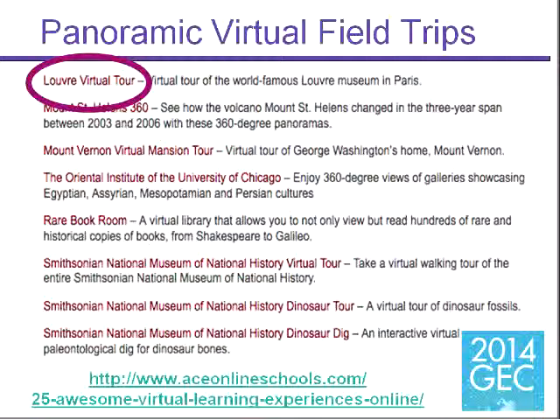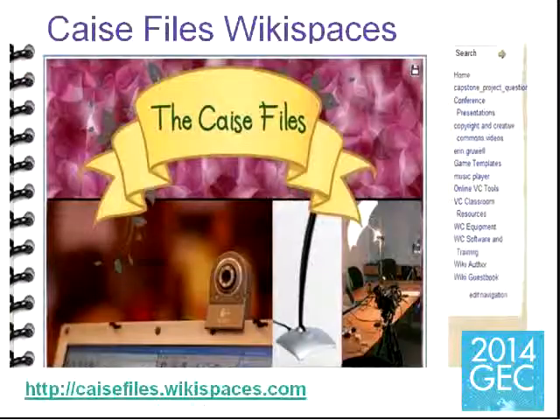lists some of the different virtual tours that you can go on that are 360-degree views of different things, like the Louvre. The Mount St. Helens one is really fabulous. There's also one on the Grand Canyon that's really cool. So it's like you're actually there. You really get to zoom in and see a lot of the structure or architecture, whatever you're going on a virtual field trip. And it is 360 degrees, so check those out and take your students on those kinds of field trips too.